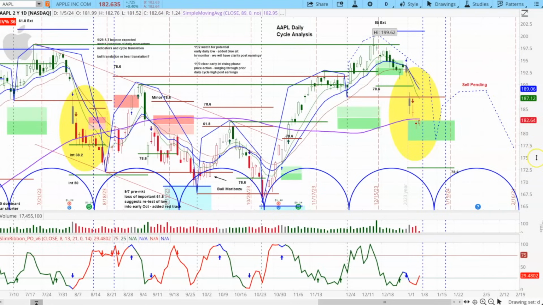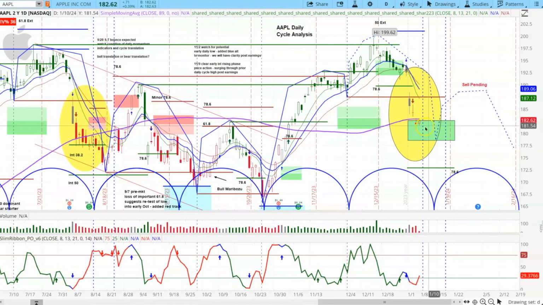And this is how we use cycle analysis. So you can see this decline right over here, set up these resistances right in here. It got up a little through that resistance that was right there at the 61.8 to 78.6 and then broke down. So you had this little resistance here, never made it through. The slim ribbon provides resistance. The slim ribbon provides support. And if it gets some bounces in here, the slim ribbon is probably going to provide resistance again. It's in some support area right now. This support right over here is